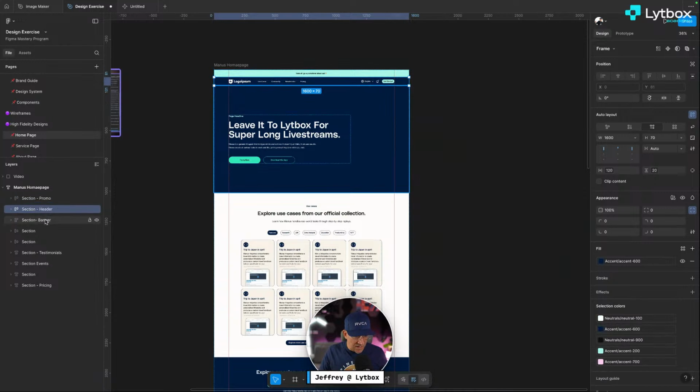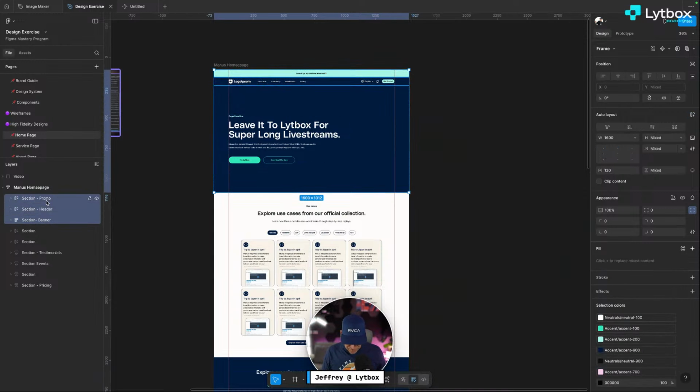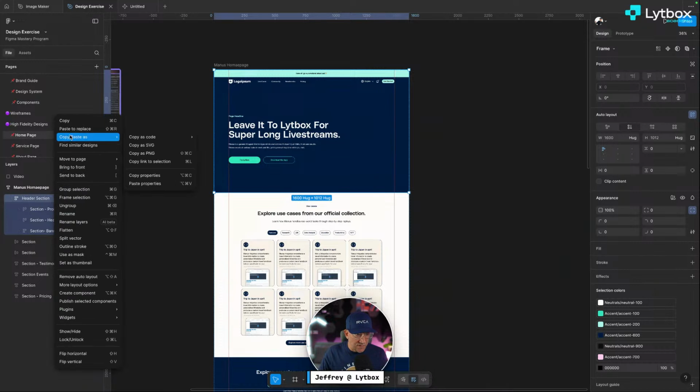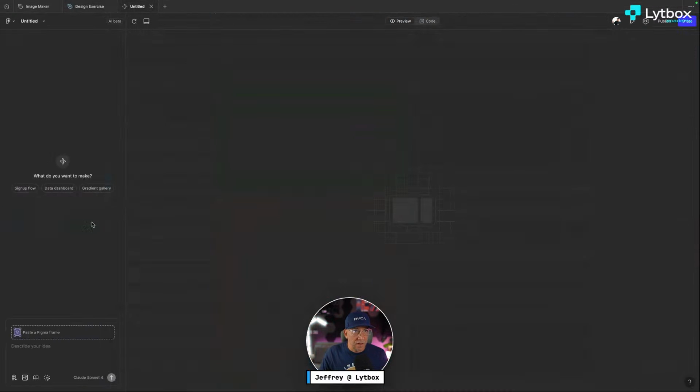Okay, section, header. So I am actually going to auto layout this, turn it into a frame because you have to have it as a frame to paste it. You can't do a group. So I'm going to call this, let me just call it header section. And let's go ahead and copy this. And again, try Figma Make. Okay, it looks like it can. Okay, I'm going to say